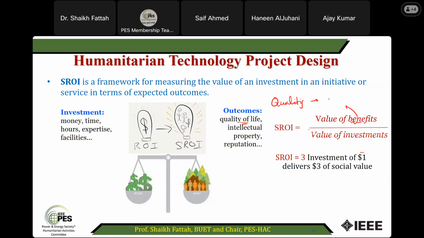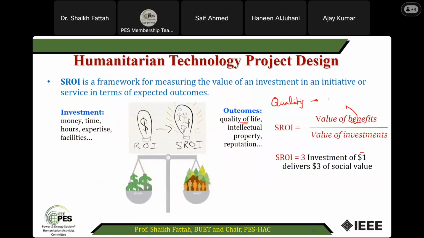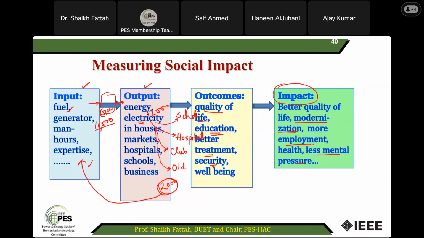Today I will not be covering that here. Next, I will cover more on that. But at least if you have a clear picture of what outcomes you are expecting, then there are some ways you can quantify them. Okay, you are telling us that you will be giving an education benefit. You can say yes. Oh, how?